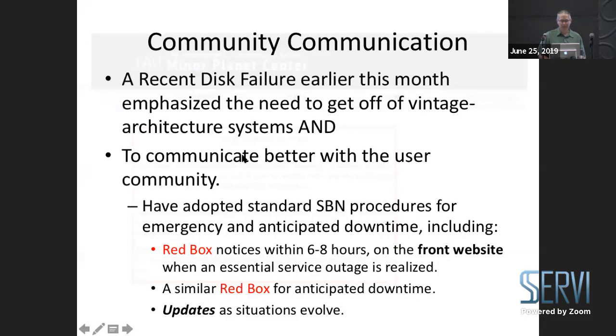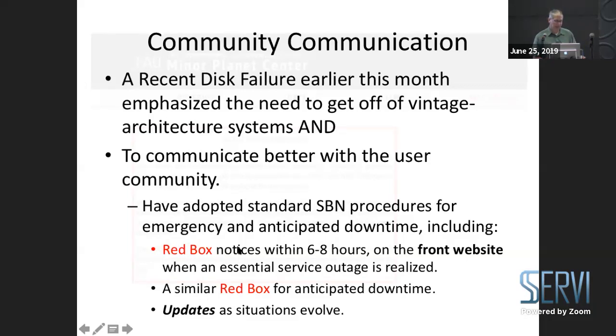In response to that, and also the move off of vintage architecture systems, the MPC has brought their communications of outages and downtime more in line with SBN policy,